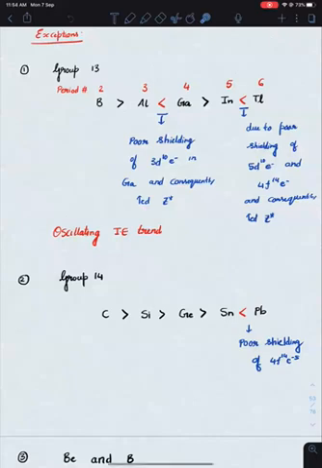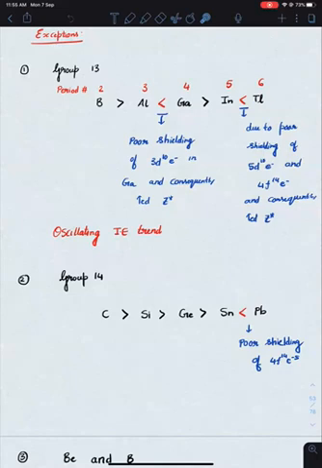After gallium, down the group, ionization energy decreases, right? So gallium will have greater ionization energy than indium, and again indium will have lesser than thallium. Again, the reason being, just before thallium, you fill the 4f subshell. The 4f subshell has further poor shielding effect when compared to the d subshell. So because of that, again Z star significantly increases in the case of thallium. As a result, the ionization energy of thallium becomes greater when compared to the ionization energy of indium.